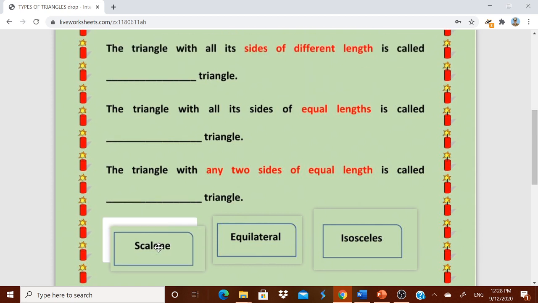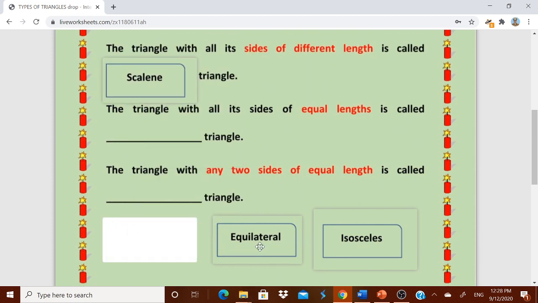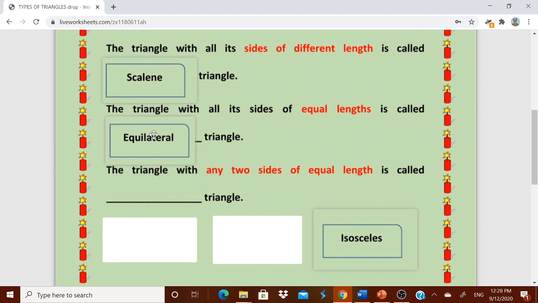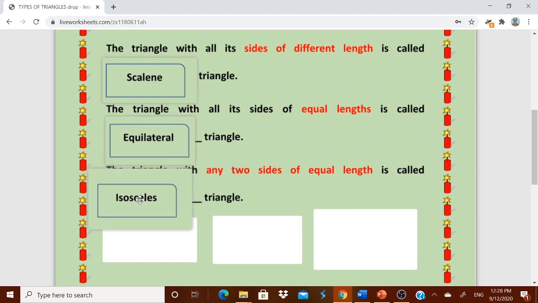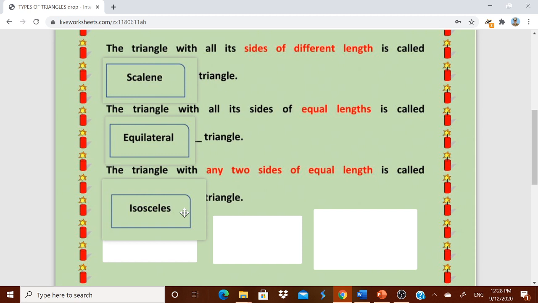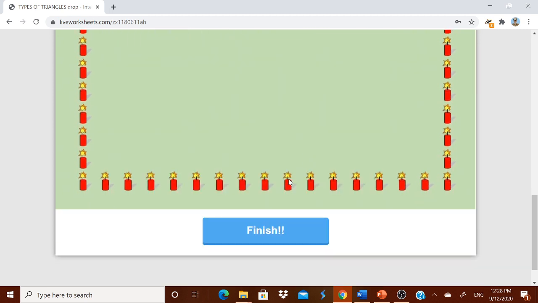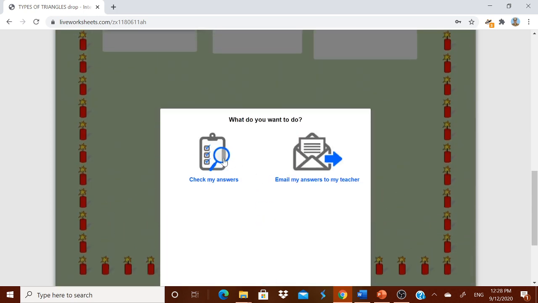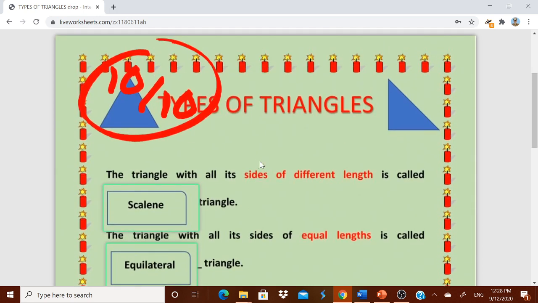Now very simple. Take the scalene here and drop it over here. When I drop equilateral over here, you see it is not going, it is coming back, it is rejecting, for it is equilateral and then isosceles. And one thing, be careful. I have put boxes. If you are not putting the box also, it will take it. I have put boxes just to tell you that without the scalene, equilateral, isosceles, no need to put boxes. But remember, they should be typed in a way that you can draw a box and then you can type drag 1, drag 2, drag 3 and so on. Okay, I'm finishing it and checking my answers. Oh, I'm getting 10 out of 10.